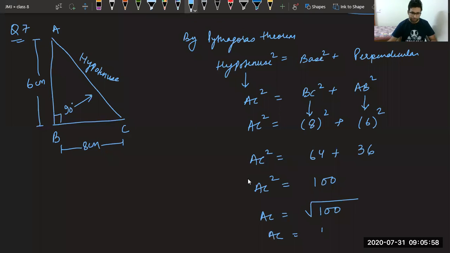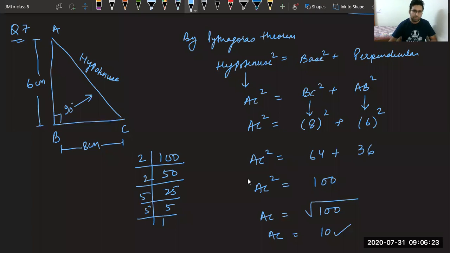10. Very good. Khushi Mehta, oh my god, Sarthak, not 50. We are not dividing by 2. We are taking the square root, beta Sarthak. The square root of 100 is 10. Don't divide by 2. See, if you take the prime factorization of 100, you will get 2 into 50, 2 into 25, 5 into 5. That means you will get 2 into 2 into 5 into 5. So one 5 will come out, one 2 will come out, and the answer will be 10.